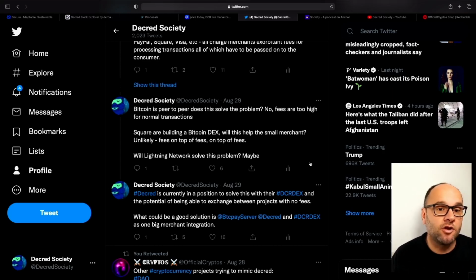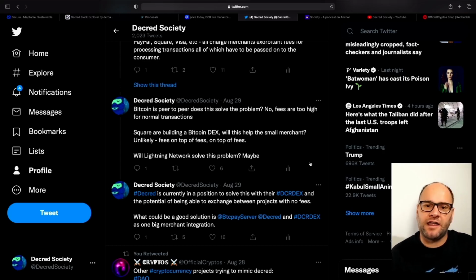Now, the next thing that could play a massive part is Decrediton. Because if they had the merchant tools built into Decrediton, say for instance, the best one I've seen so far is this BTC Pay server. If they included BTC Pay server or something similar into the Decrediton wallet, it could be such a seamless service, because you could have the DEX in the Decrediton wallet, you could have all the wallets set up for all the various coins that could switch the merchant's money between them,